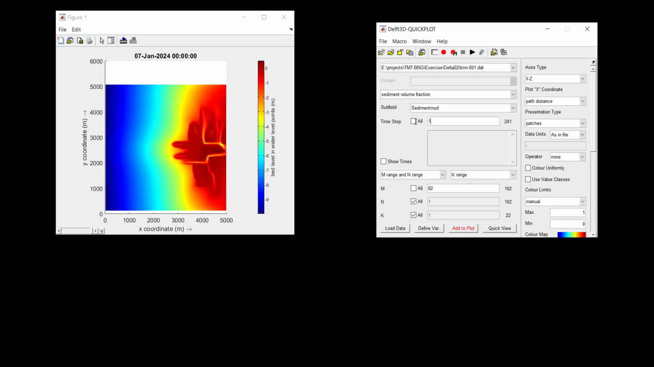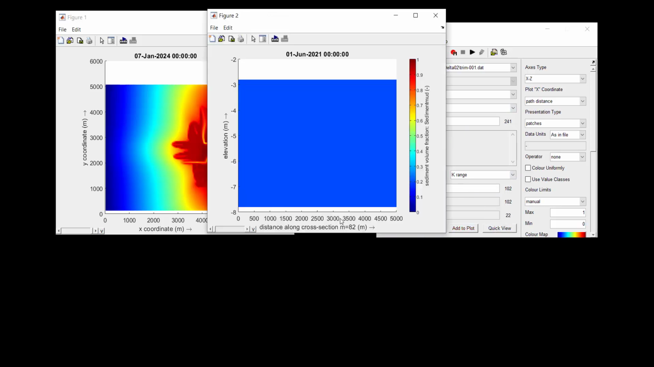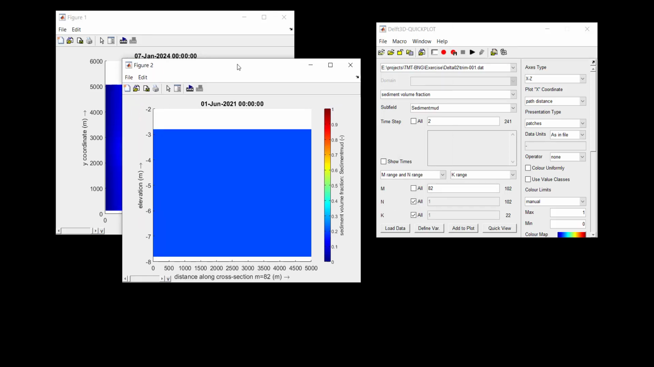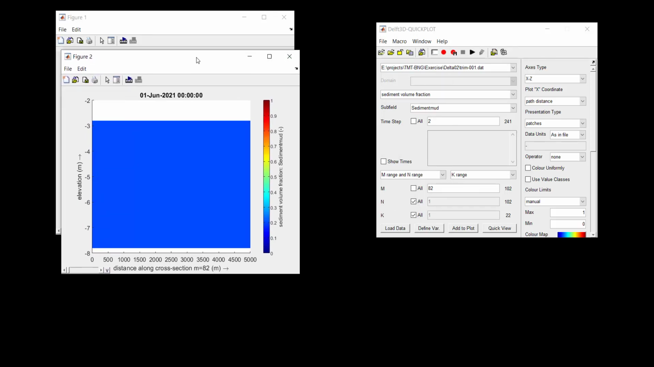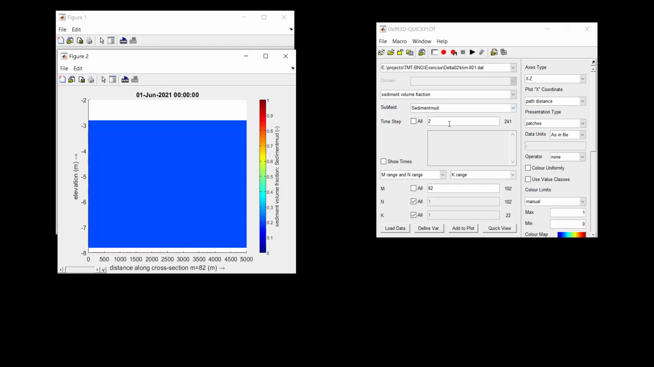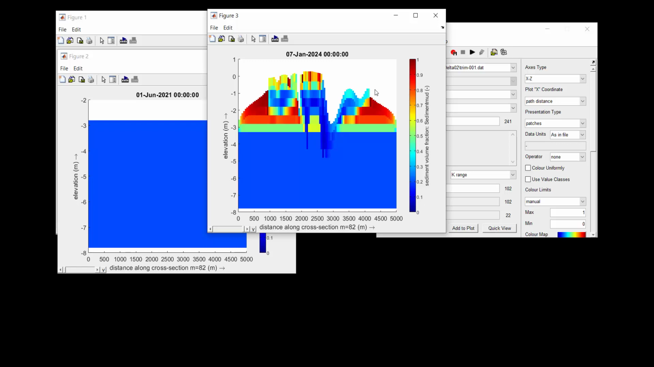If I look at the same cross-section now in time step number 1 or 2, 2 is better because something has happened. You can see that all around the model, all in the cross section inside the bed, from the depth of about minus 2.8 for the 5-meter sediment that we had, it is about 20% of mud. That is what we put in the model. So it's the beginning of the model. But if now I move to the end of the model, 241, and I say quick view, you can see that